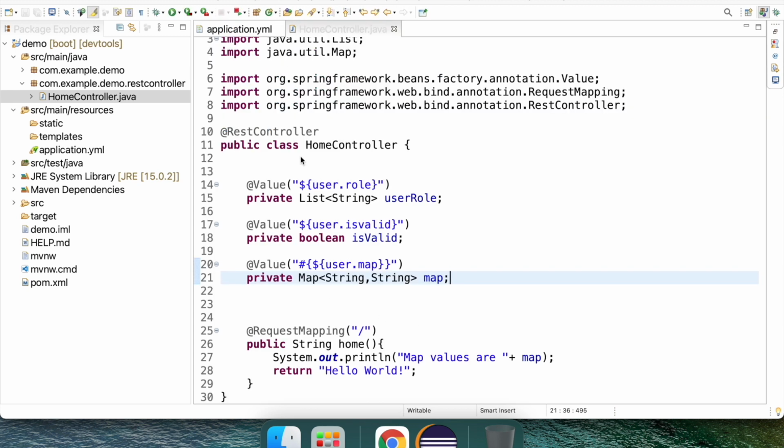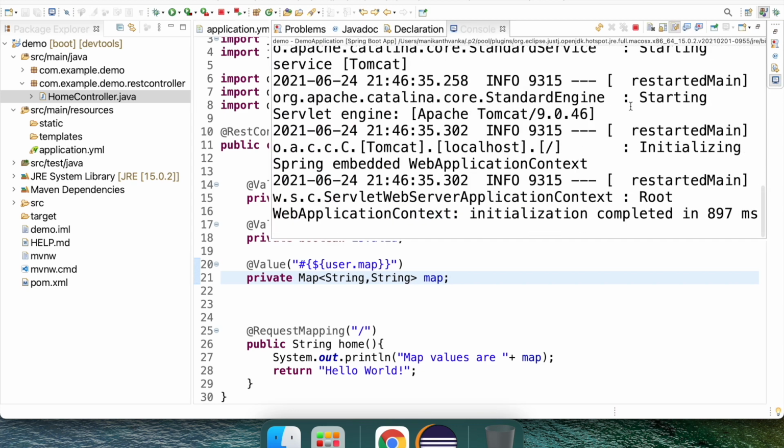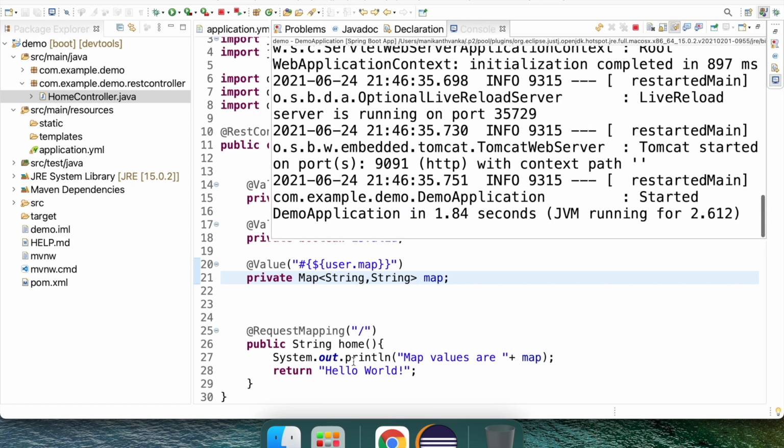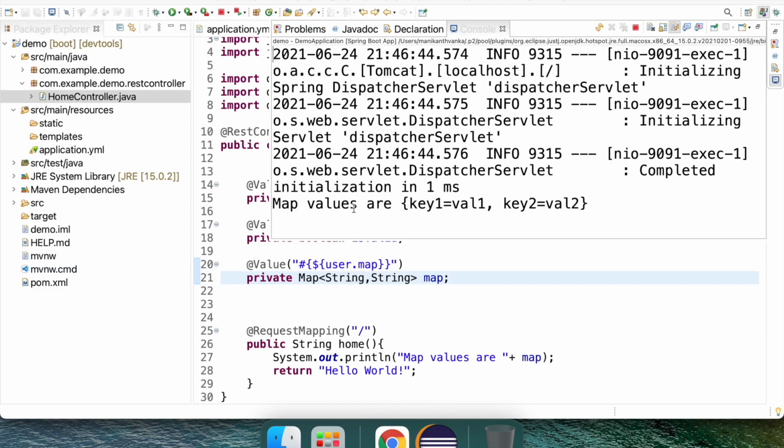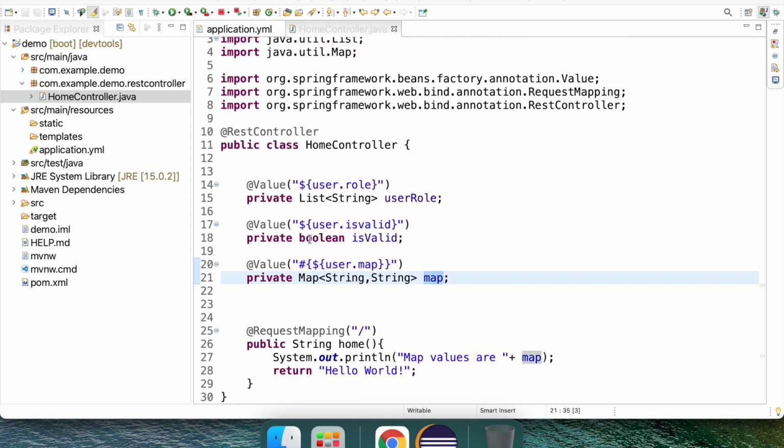So we'll just run and see. Yes, stop, get started. Let's clear the console to have a clear understanding. I'm going to refresh it. Yes, see, the map values, key and value, we can access these values in the map. So this is one way to access the properties from the YAML file.